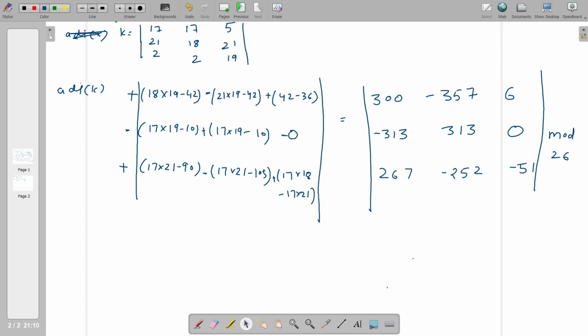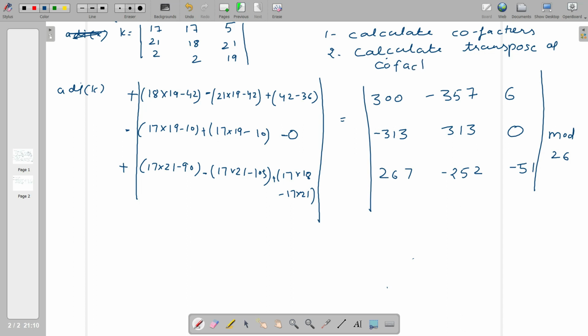The first step is to calculate the cofactors, and the second step is to calculate the transpose of the matrix of cofactors. So when we calculate the transpose of this matrix, it comes out to be